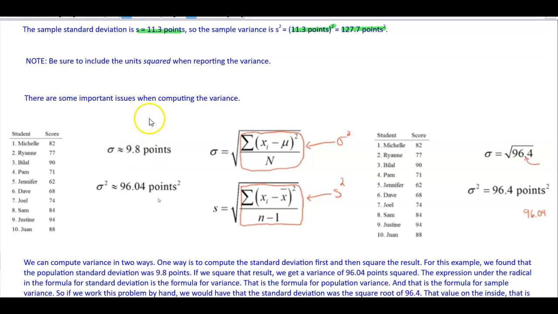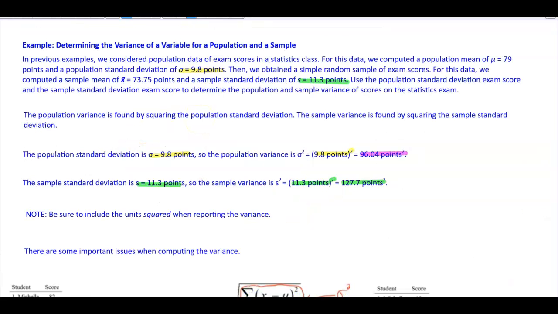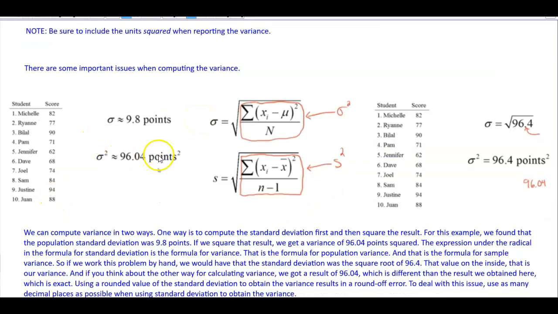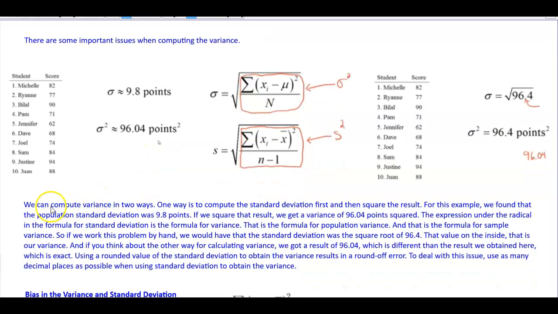Now there are some important issues when computing the variance. We can compute the variance in two ways. One way is to compute the standard deviation first and then square the result, like we did over here on the left. For this example, we found that the population standard deviation was 9.8 points. If we square that result, we get a variance of